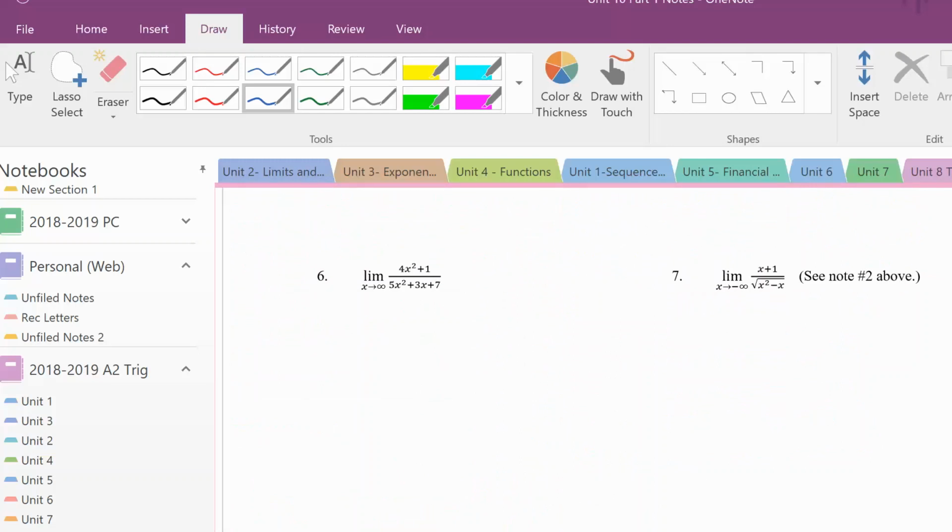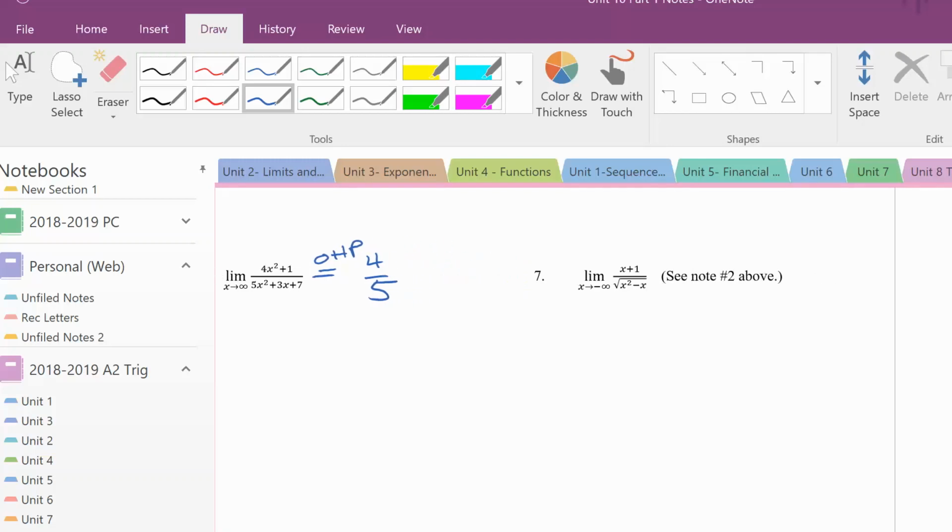All right. So here's some more examples. This one's a rational function. So notice, with a rational function, we can observe the highest powers when x is going to infinity. So notice the highest power is x squared, so that means it's going to be 4 over 5. So now, for